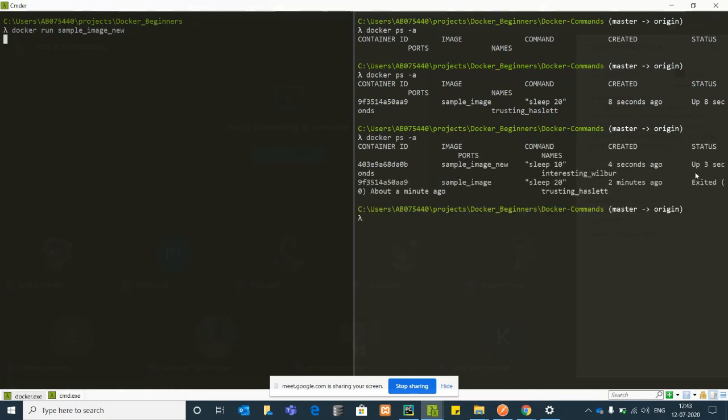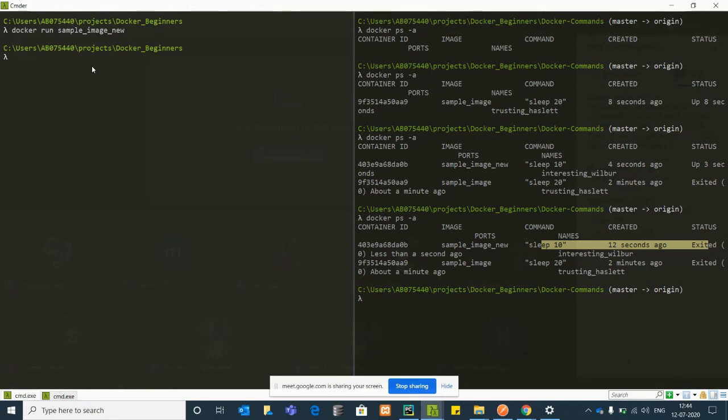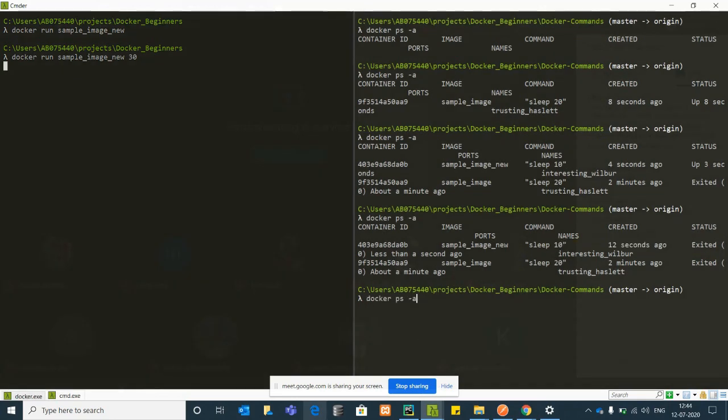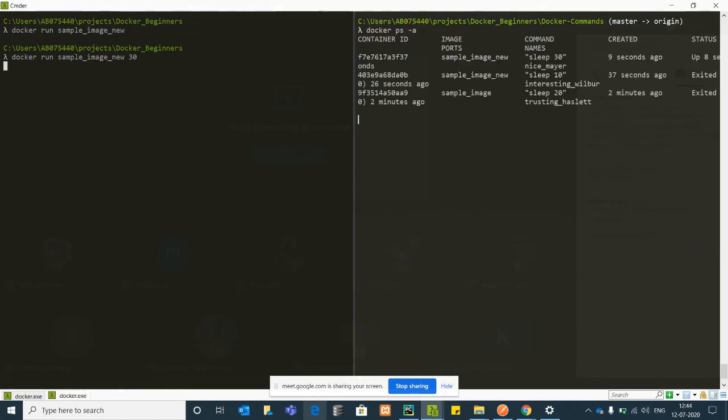What it did is it will be there for the 10 seconds. I'll continuously show. See, you can see it was there for the 10 seconds, and then it exited. If you mention Docker image new, like say 30 seconds, in the command, it will automatically replace your 10 seconds, and it will run this image for the container for 30 seconds. So let's wait for 30 seconds and then exit.